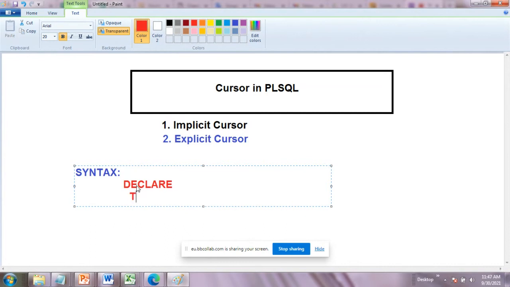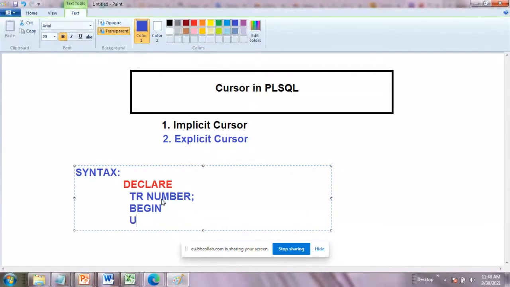Here you can use TR. I'm going to use blue color so that you can understand it better. TR is a variable of type number, used as a total row count. Then BEGIN. In BEGIN, I have already declared the number that will hold how many records are going to be updated.